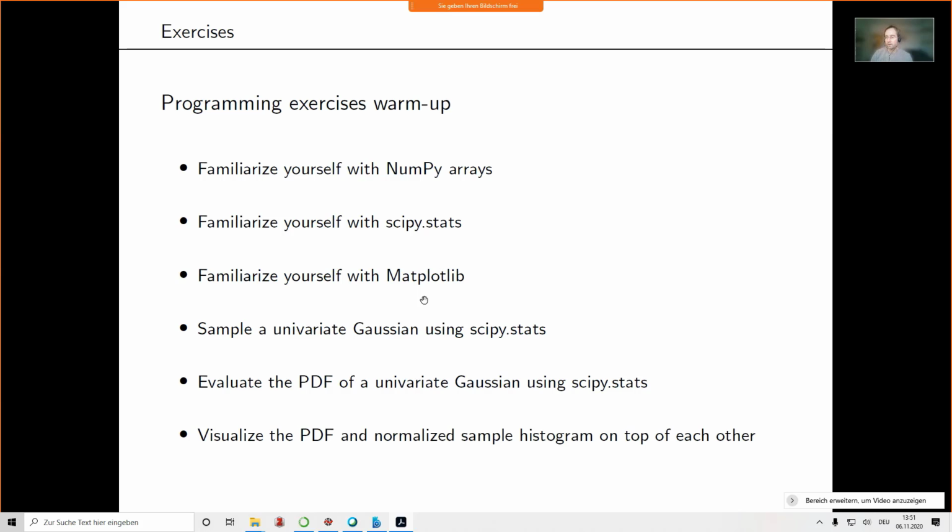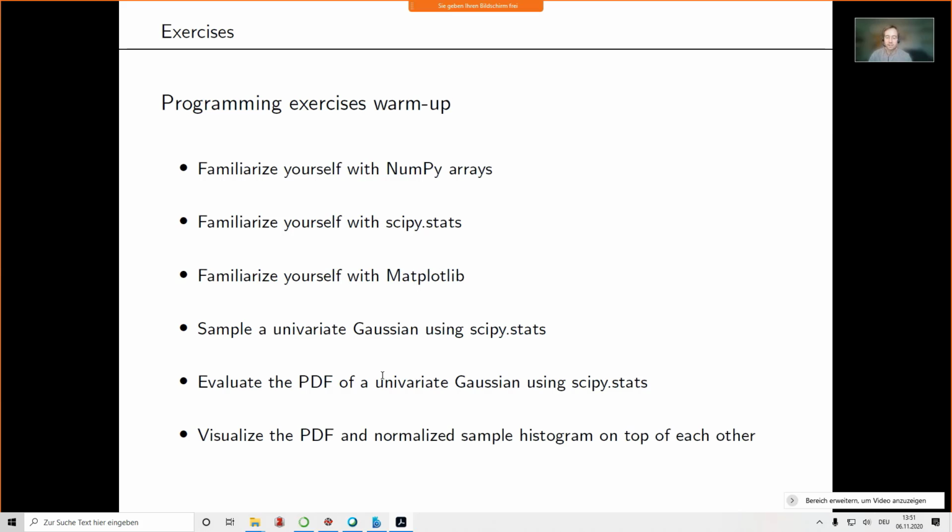And to exemplify what I mean there, and what also happens in a lot of these exercises is that you sample some random variable, then you might apply some transformation to it, and then you look at what the result of this transformation is and compare it to a theoretical result that we discussed in the lecture. So that's the basic structure of essentially the exercises. And to exemplify that, I want to briefly show you how this is done for the basic case of sampling a univariate Gaussian and then plotting the PDF of a univariate Gaussian on top of it to compare the histogram of your samples with the PDF.